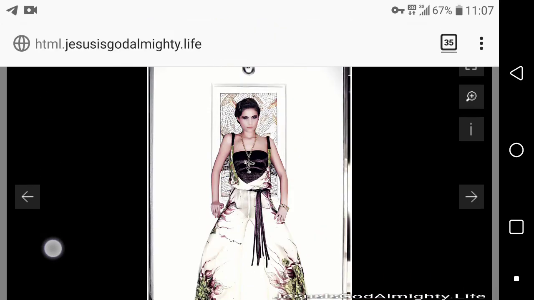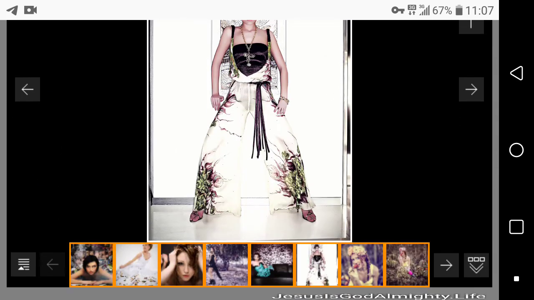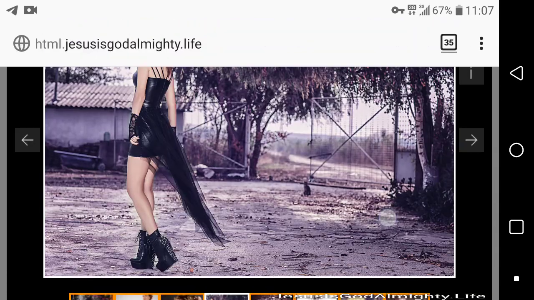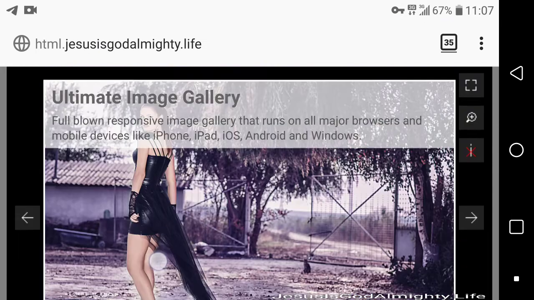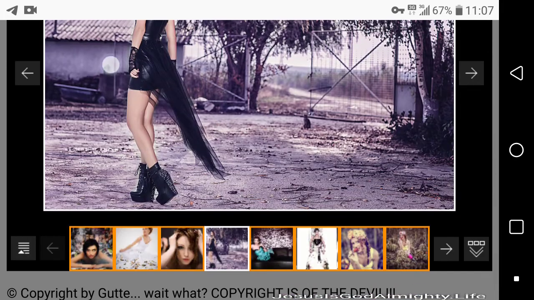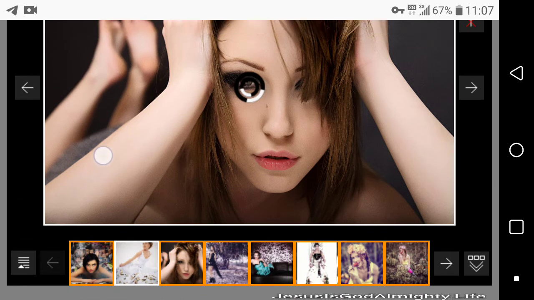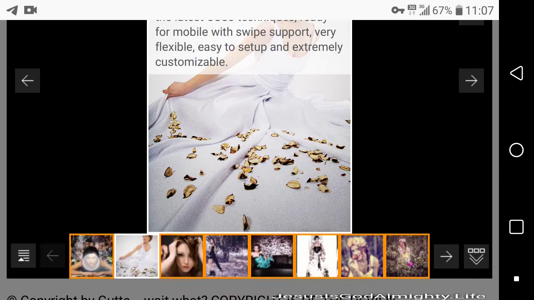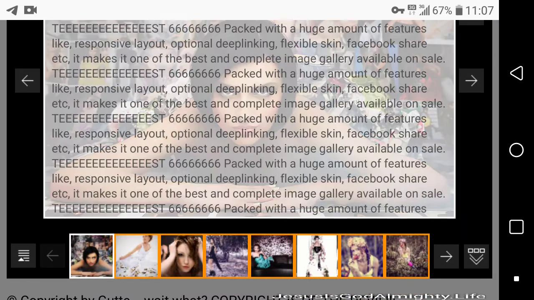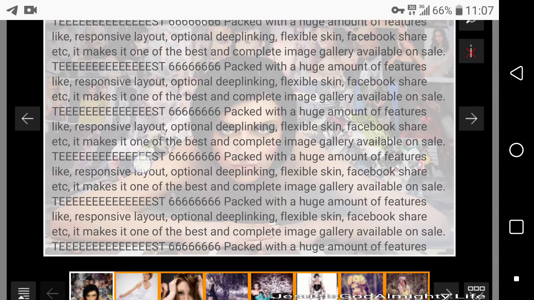It would be nice if you could actually make it stay up there. But anyway, we have the thumbnails here, and there was one of them where I have a lot of information added to it. It works great if you don't have that much information. It just puts it up there, right? And as you can see here, I just put a lot of text into it, and